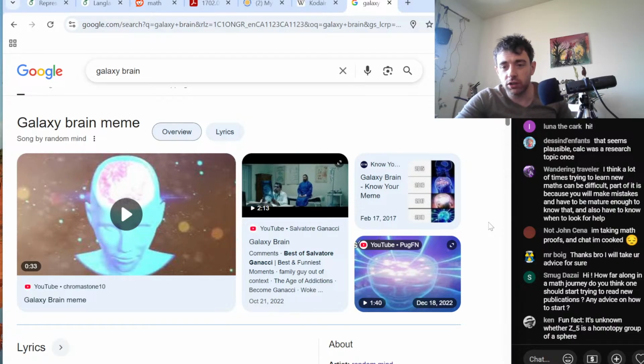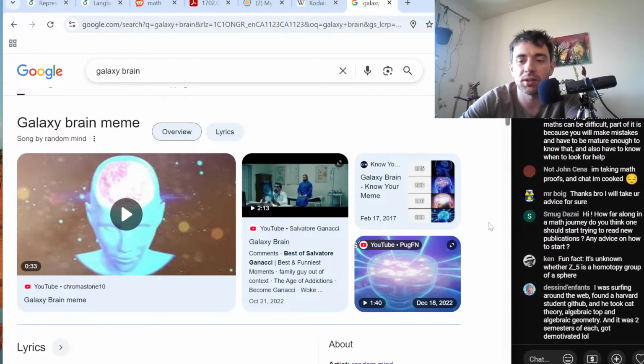How far on your journey should you start trying to read new publications? Any advice on how to start? I mean, I say the sooner the better. Like, start trying now. Of course, if you're trying to read the latest papers in categorical Langlands, it's probably not going to happen, right? Whereas there's more papers on recreational number theory, probably that's pretty easy to read